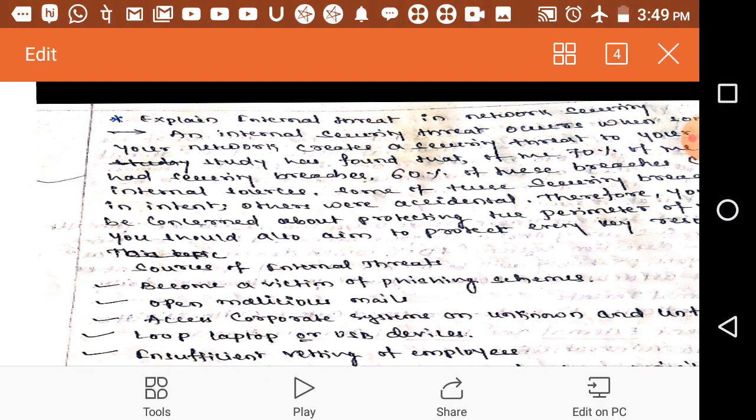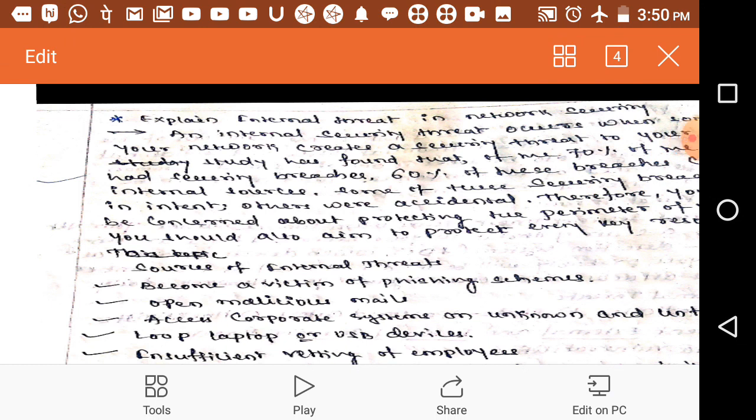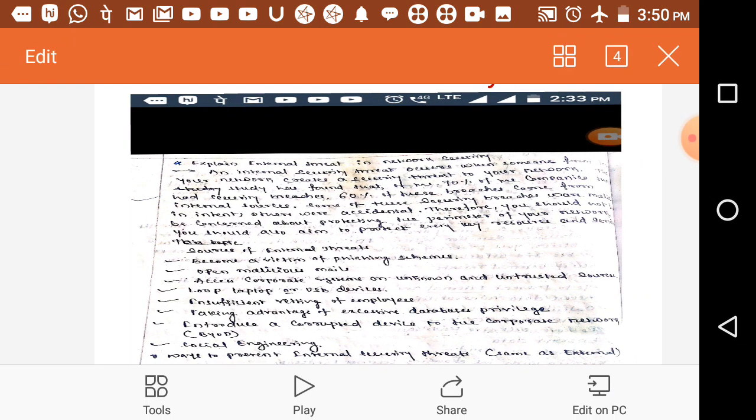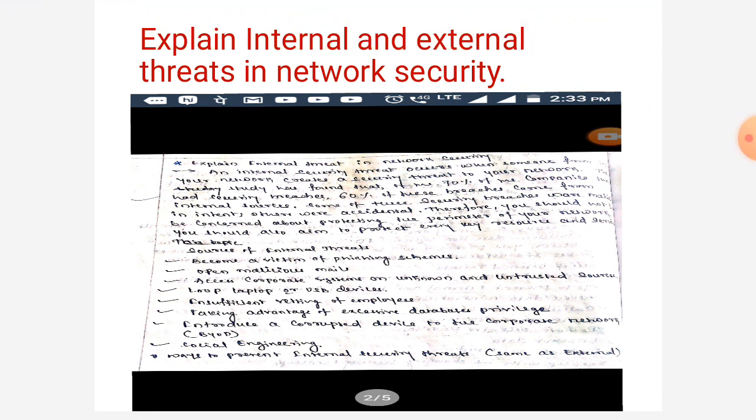Sources of internal threats: becoming a victim of phishing schemes, opening malicious mails, accessing corporate systems from unknown and untrusted sources, lost laptops or USB devices, insufficient vetting of employees, taking advantage of excessive database privileges, introducing a corrupted device to the corporate network, and social engineering.